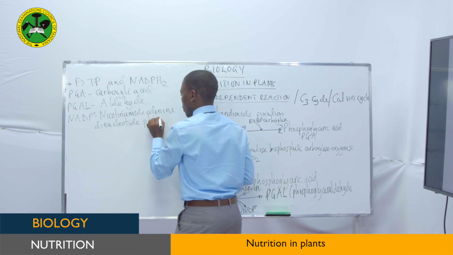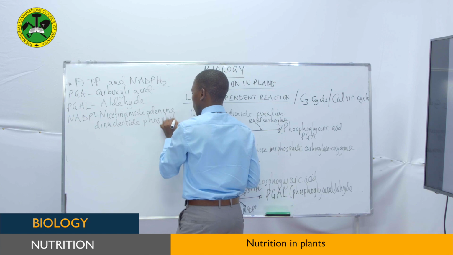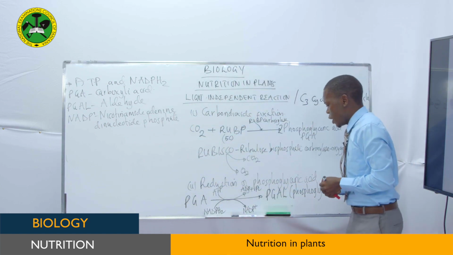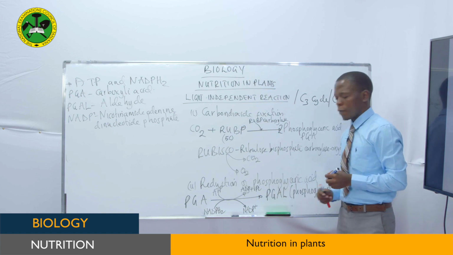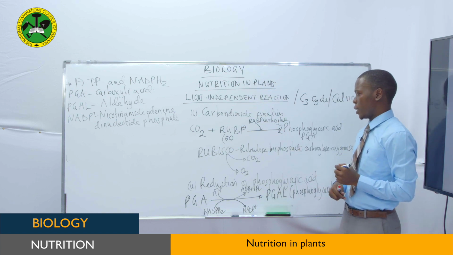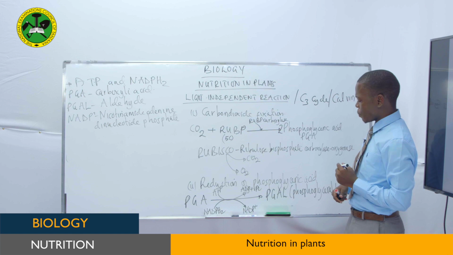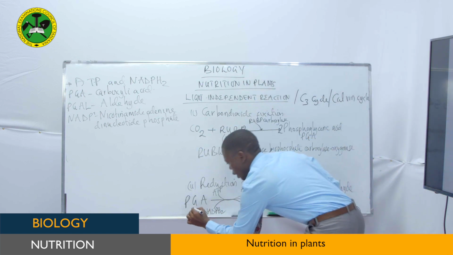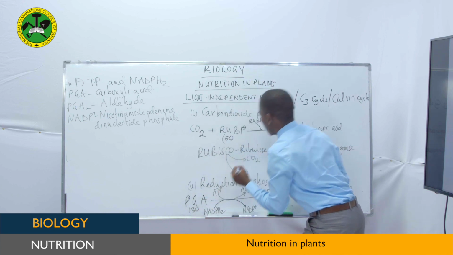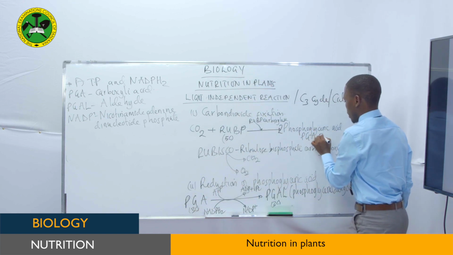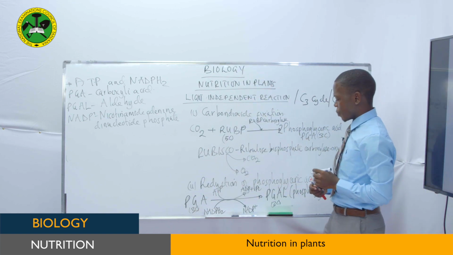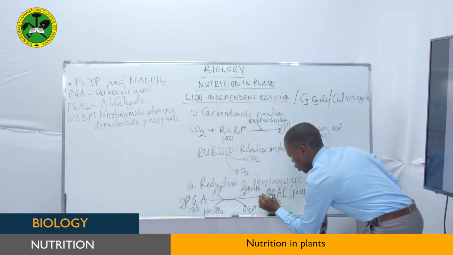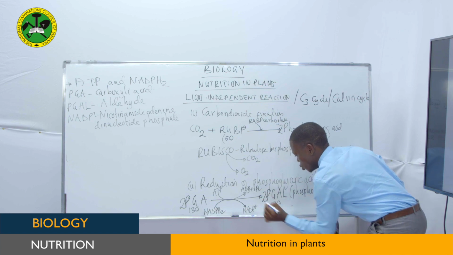Phosphate. Okay. Therefore, now we have this phosphoglyceraldehyde. Again, as you have said, this is a 3-carbon compound. PGA, again, this is a 3-carbon compound. Therefore, we have these two molecules converted to form 2